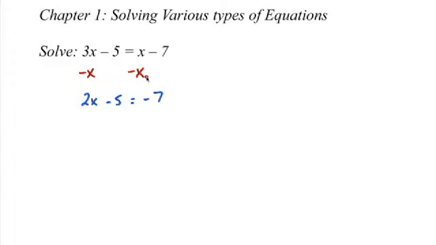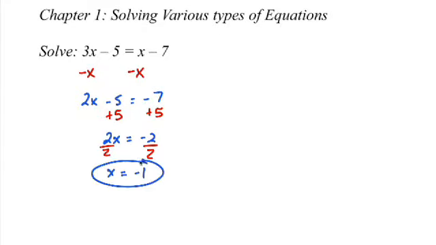That's it. Now, our second step here is to move the 5. Now, since the 5 on the left side is being subtracted, you will do the opposite, which is add to both sides. So this gives you the new equation, 2x equals -2. Now your final step is to move the 2 off the x. So 2 is being multiplied by your x, so to undo that, you will divide both sides by 2, and that gives you the final answer of x equals -1. Okay, let's move on to the next one.